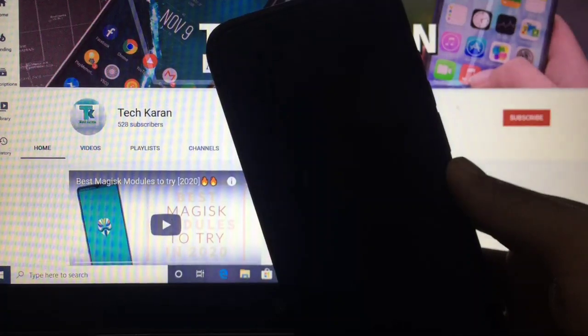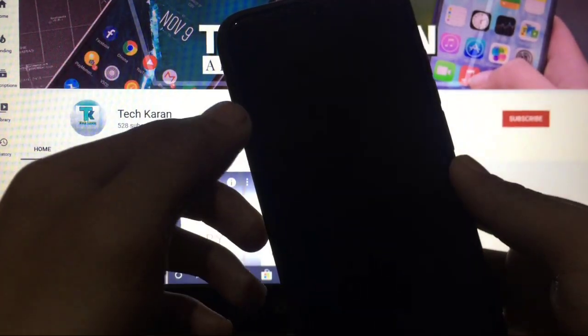There is no boot animation, but the screen light is telling me that this phone is booting. So don't worry if you see this type of screen with no boot animation, you can see by this that your phone is booting up, so it will take some time. Let us wait for it to boot up. I'm not going to skip any part. I will show you everything, how much time this will take.